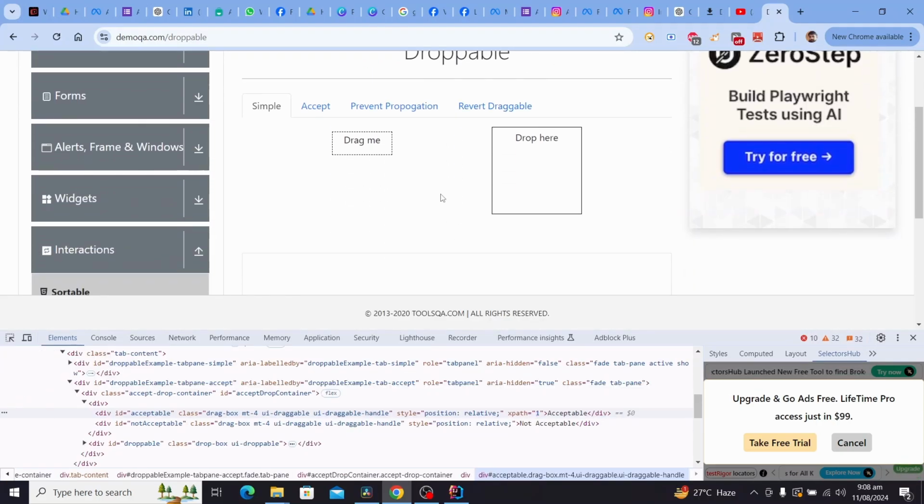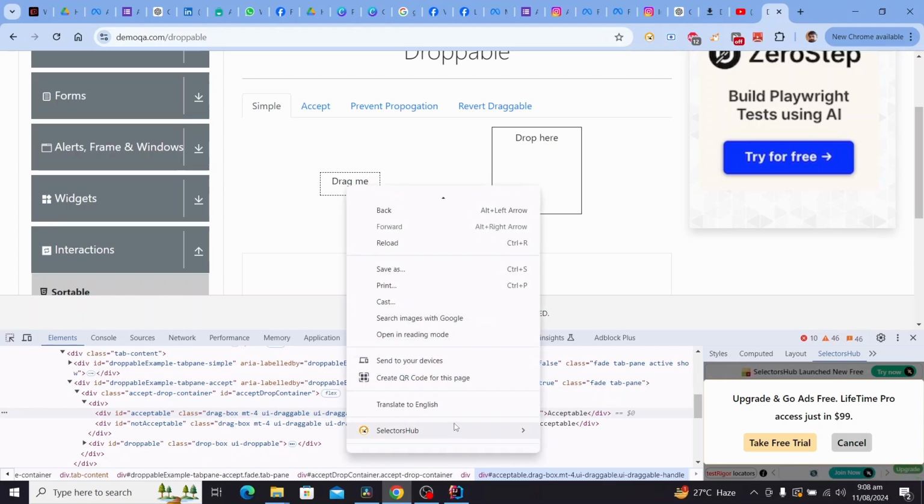Now when it comes to drag and drop, there are two elements. The first one is draggable, that could be moved from one location to the other, while there is droppable, where this little guy could be placed, right? So in order to handle both of them, it is important that the item that needs to be